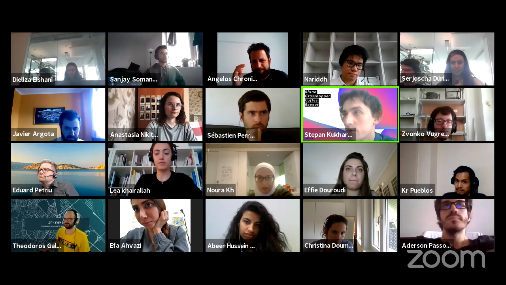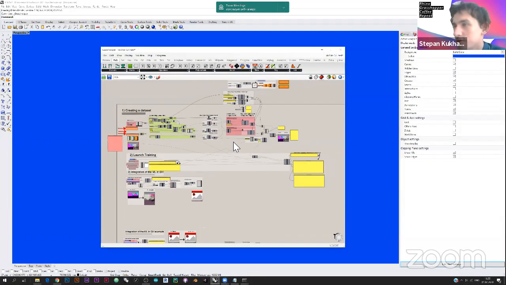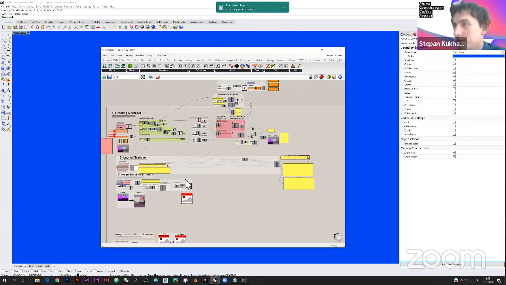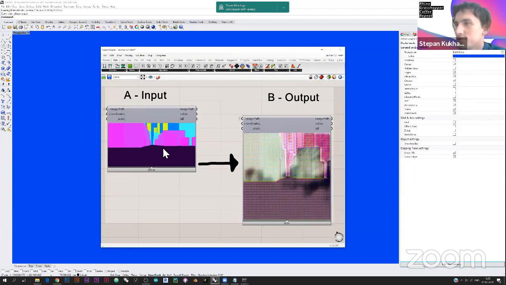So we managed to run this machine learning code thanks to Yosha, and now we have something like this going on. We have an input image representing some buildings, a screenshot from Rhino, and it's colored with the real images from street views.